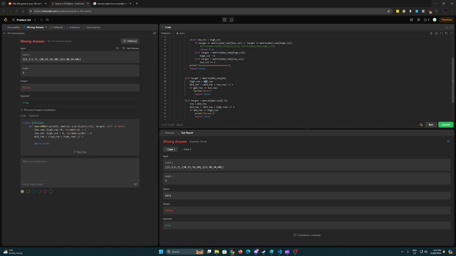So we're setting, okay, I think this is not meant to be checked after we change the mid row. I would imagine we might want to move this down here. I don't really think it matters where we leave that, but